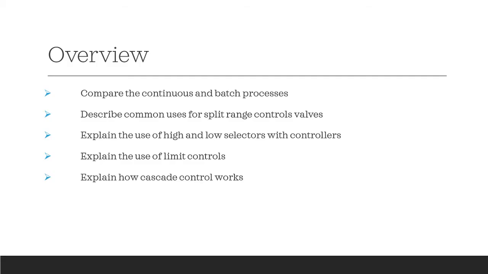The overview today, what we're going to be talking about is continuous and batch processes, the pros and cons of each of those, and describe the common uses for split range control valves. We'll explain the use of high and low selectors with controllers, limit controls, and how cascade control